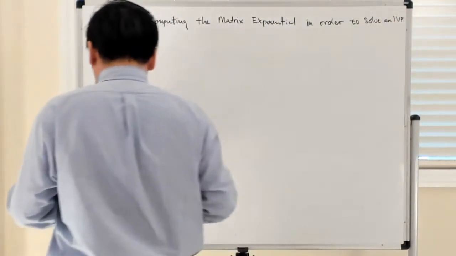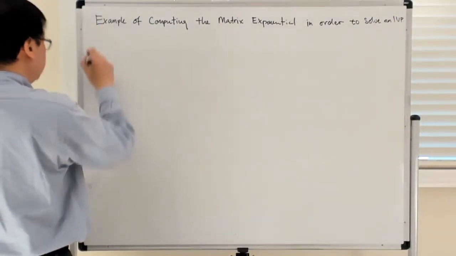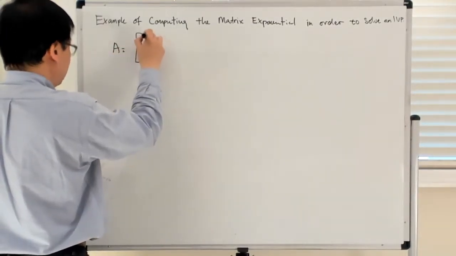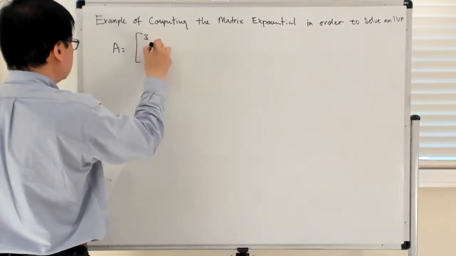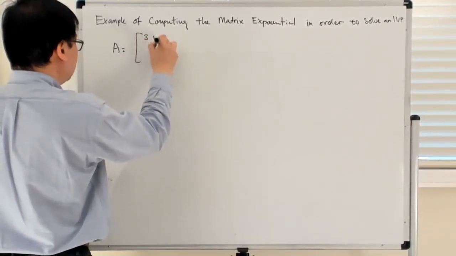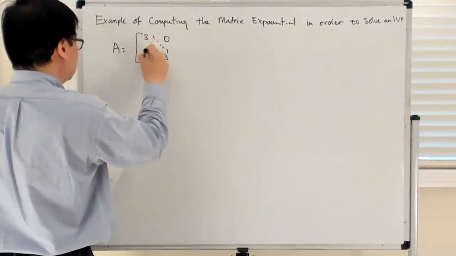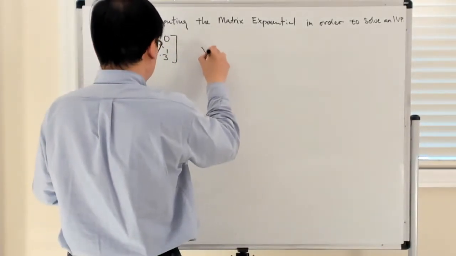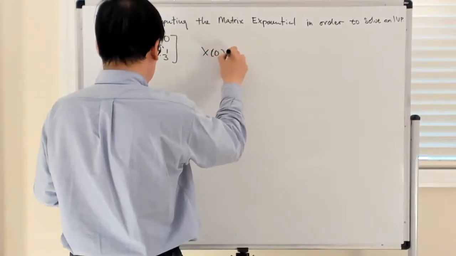Okay, so let's say we have a matrix A, which is a Jordan block. So 3, 3, 3 along the diagonal, 1 along the diagonal just above that. And then with initial data x0,